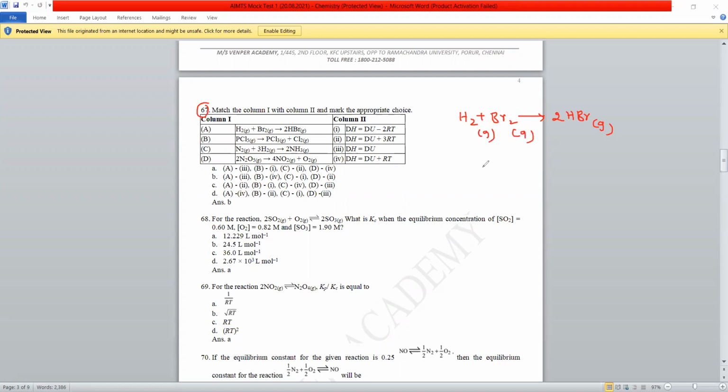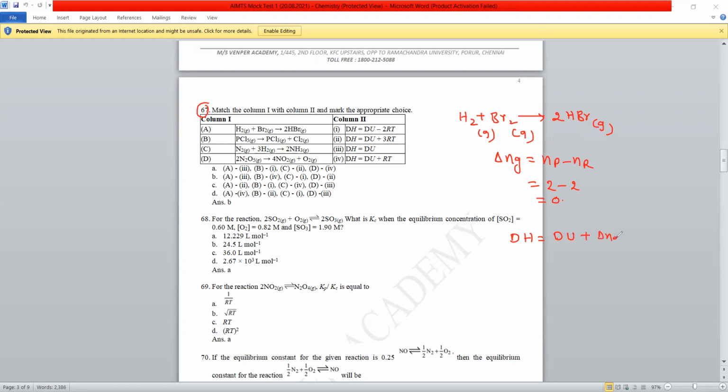So we have to find delta Ng, which is Np minus Nr, number of moles of products minus reactants. Here 2 minus 2 gives 0 moles, so delta Ng is 0. If delta Ng equals 0, then delta H equals delta U